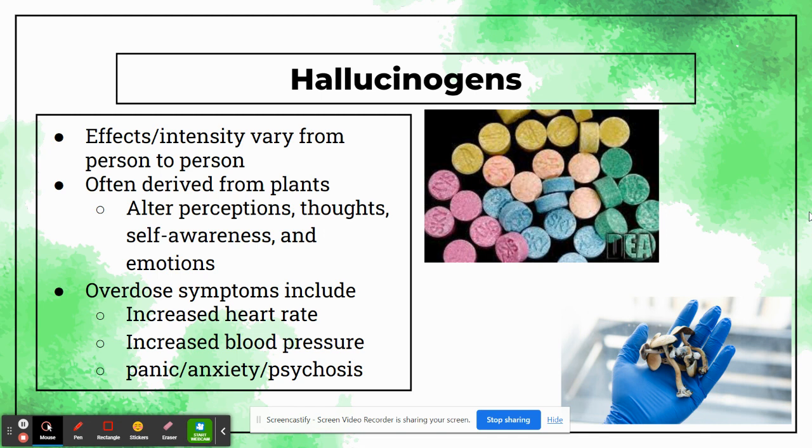People can overdose on hallucinogens. Oftentimes, if that is occurring, you would see a really rapid heart rate and a spike in blood pressure, which could be dangerous. If someone has a heart condition, that could potentially give them a stroke. Many times people will experience feelings of psychosis, panic, anxiety, anything along those lines. So while they themselves might not be lethal to ingest, they can cause some lethal bodily effects that could potentially kill someone.